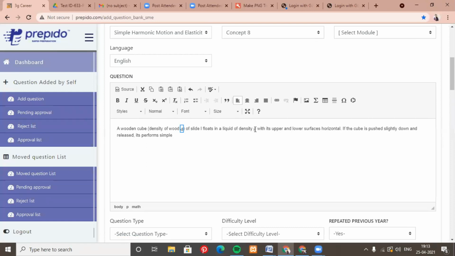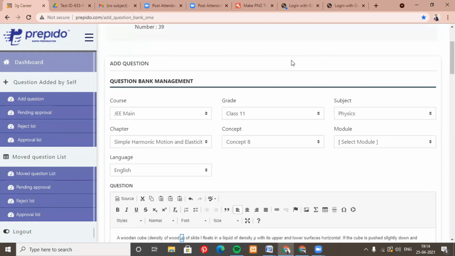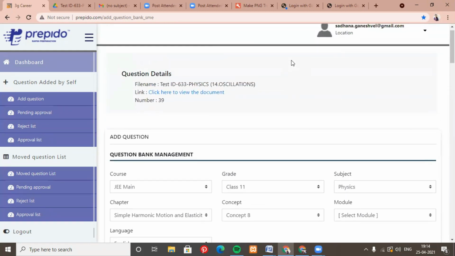Okay, everything you will get the manual and everything. Also you'll get full support. You will be added to the group, and you will get full support until you get it cleared. Okay, scroll up, Sadhana. Just a second. Can I see the question? Yeah, see, this is here. The number 39 is given. That's why she has selected the question and pasted it here. Okay, you go ahead, Sadhana.